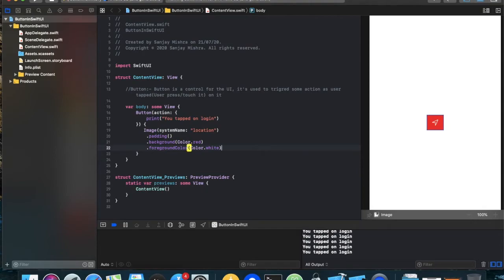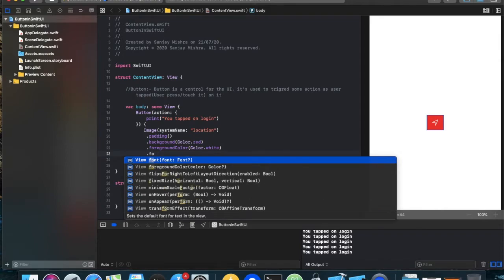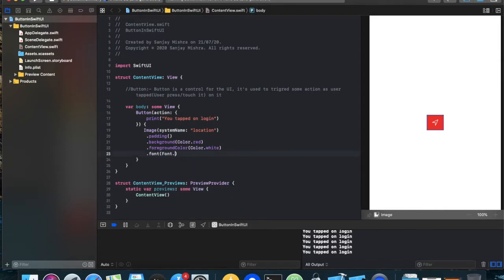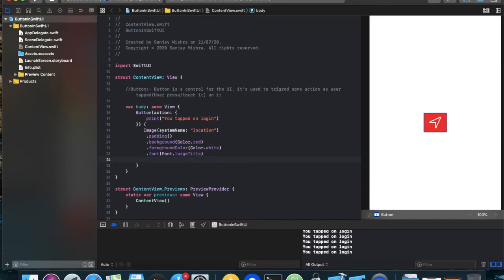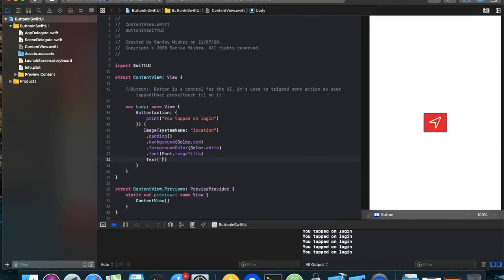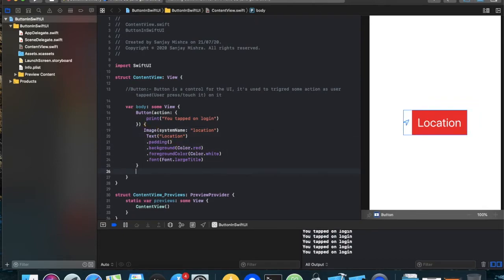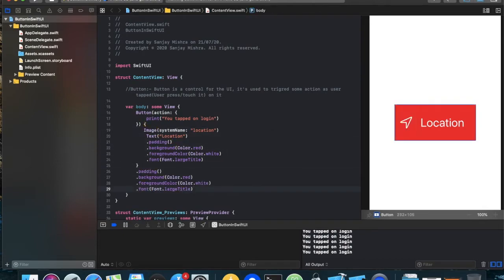Now I want to increase the size of this button. Similarly we can apply it via font dot large, and we have the icon. If you want to include some text, we can include text as well. Location. I think we might have to apply it outside. Yep.